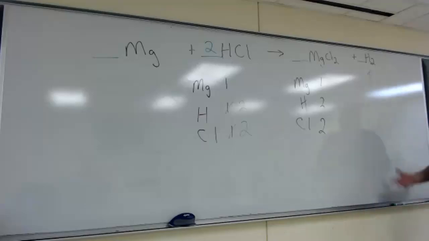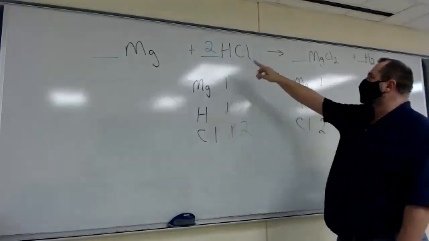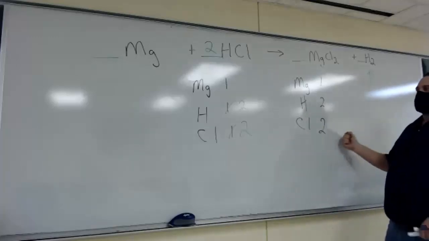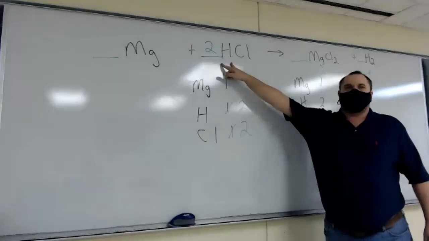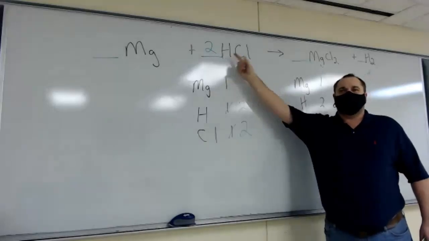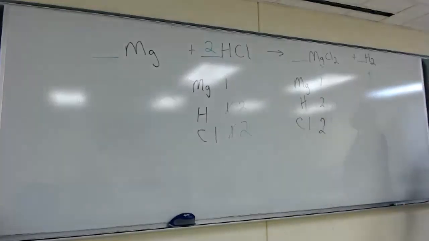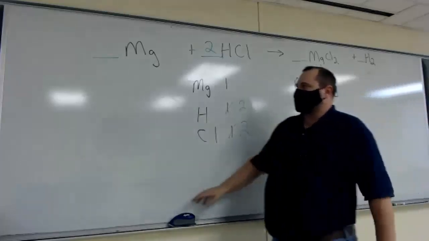And that's it. That's all there is there. We have the smallest whole number ratio of 1 to 2 to 1 to 1, and they're all the same. So notice if the answer had not jumped out at us, we would have started with the chlorines, put a 2 there, those 2 would have changed, and we'd have been done in almost the same amount of time. So the process will always get us there. It just sometimes